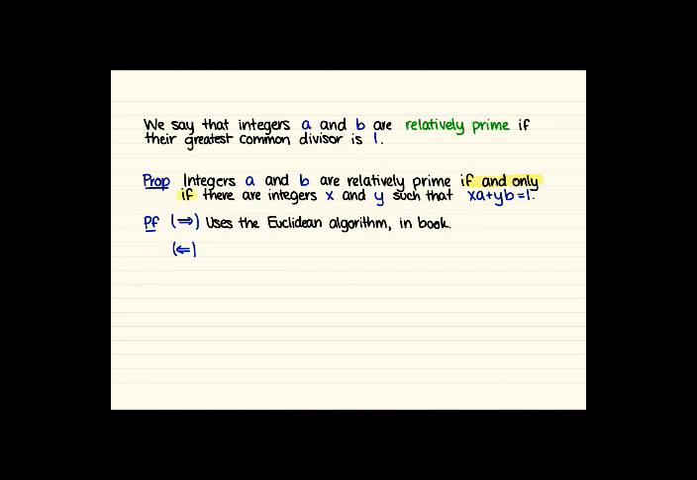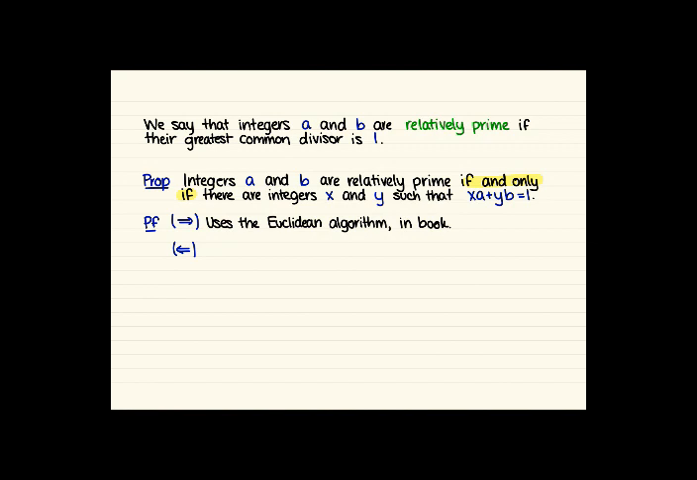So for the forward direction, this uses something called the Euclidean algorithm that I don't really want us to cover in this class. I think we can get away with skipping that. So you can find that proof in the book if you'd like to take a look at that. For the reverse direction,